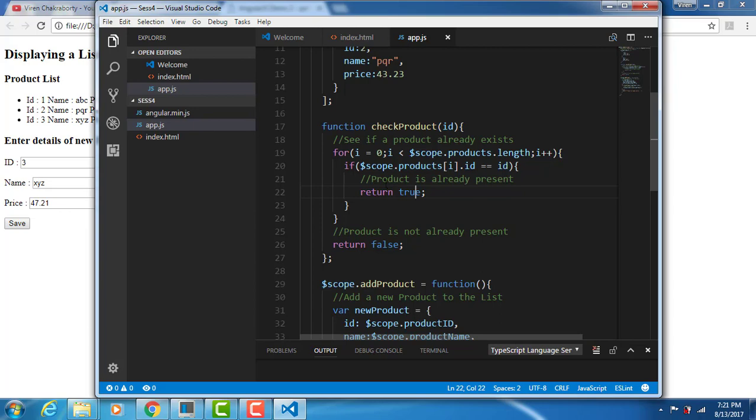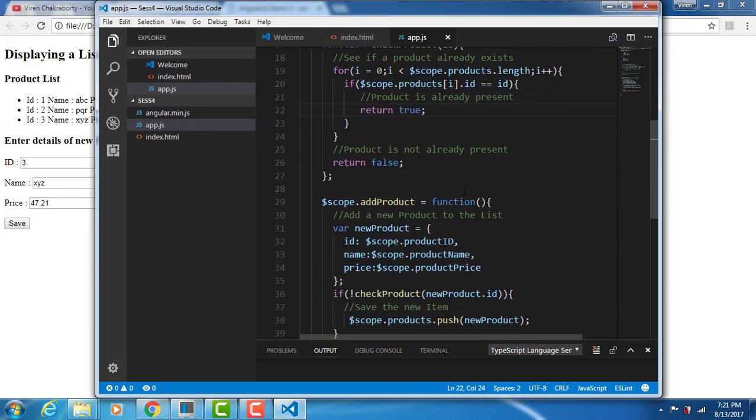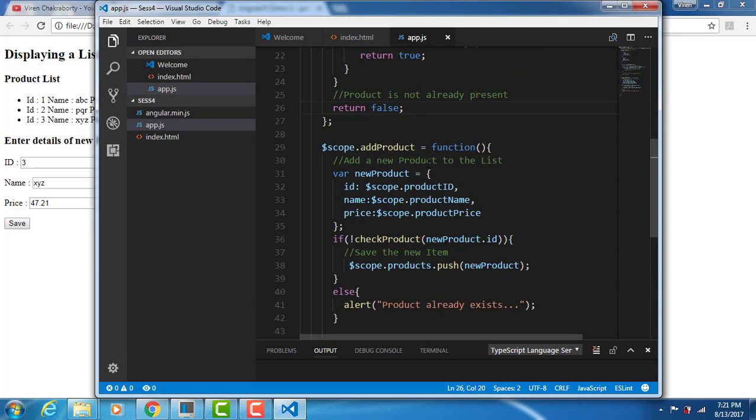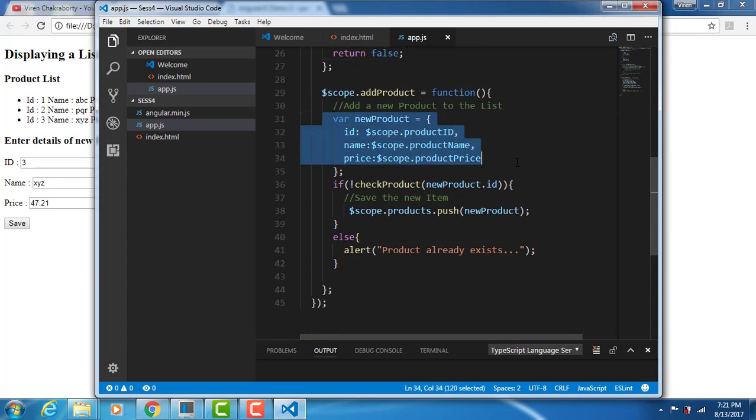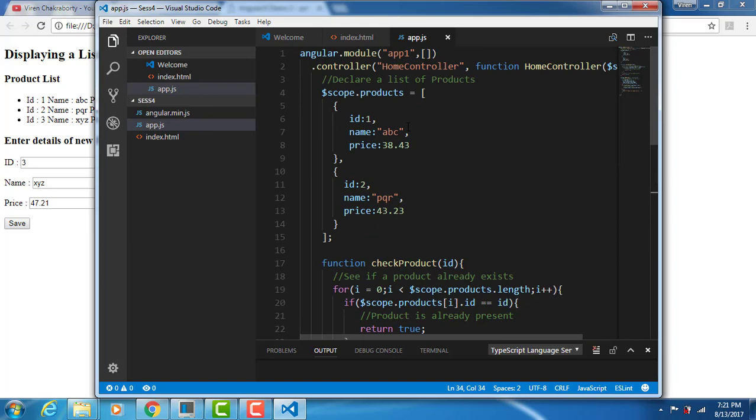Now coming back to our code, in app.js we added one function that checks in our product list to ensure that the new product is not already present, and if it's present it returns true, but if it's not present it returns false. We are using that in our add product function. First we are creating a new product with the values given from the text boxes. Then we verify that the product is not already present in the list. If not, then we add it to the list. But if it's already